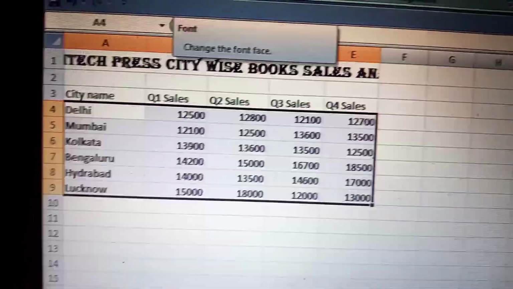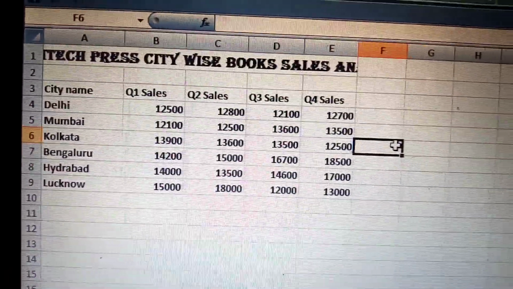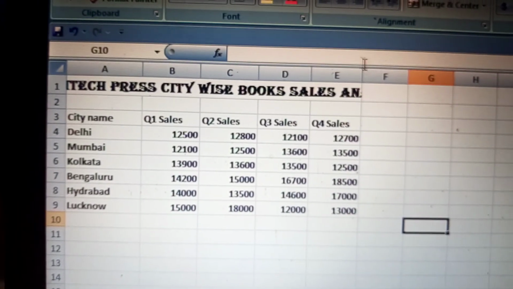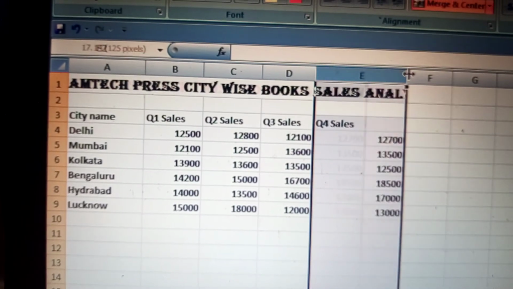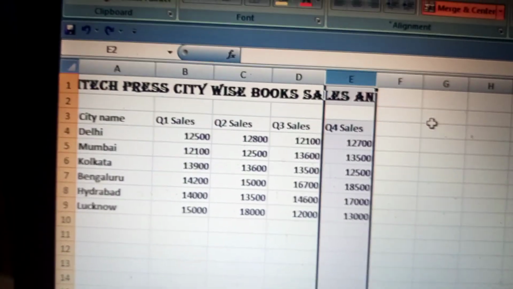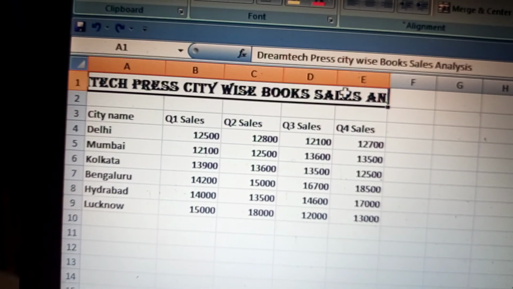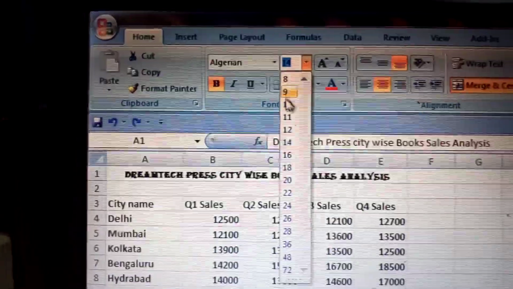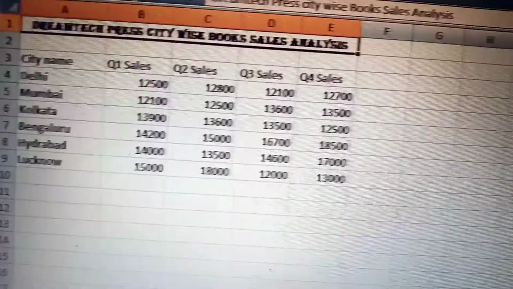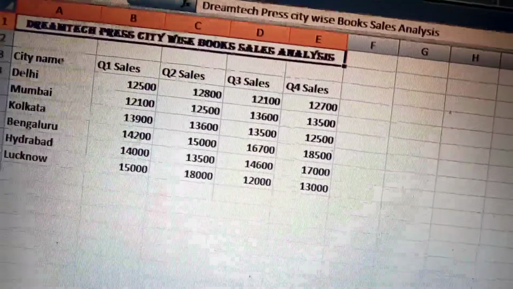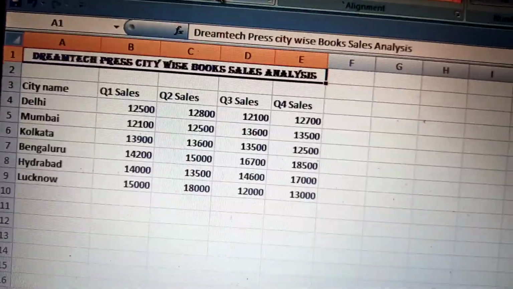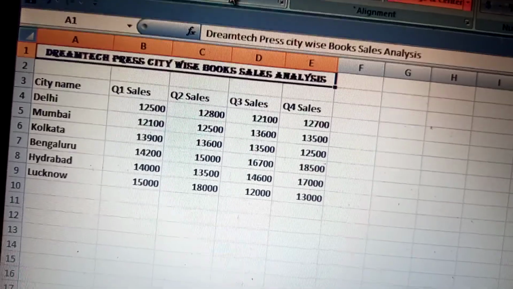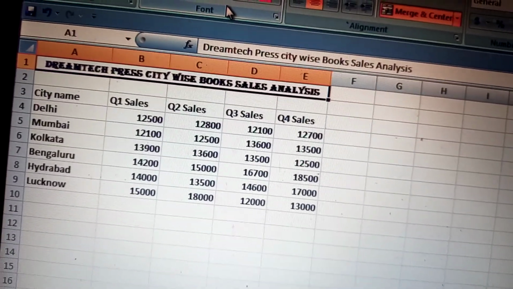Okay, now I am going to show you how to apply border to cell. It does not fit in this cell. Just reduce the size of the font. Now session 12, applying border to cell. We can apply borders to a cell or cell range to distinguish them in the worksheet. By default, a black border is shown in the worksheet.